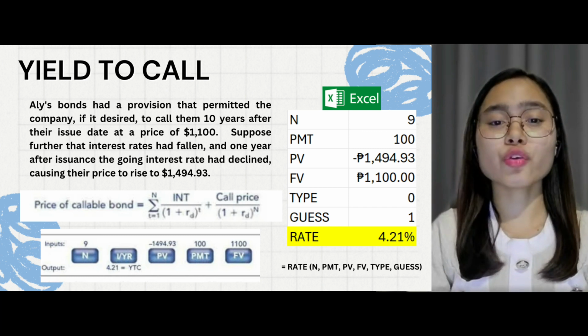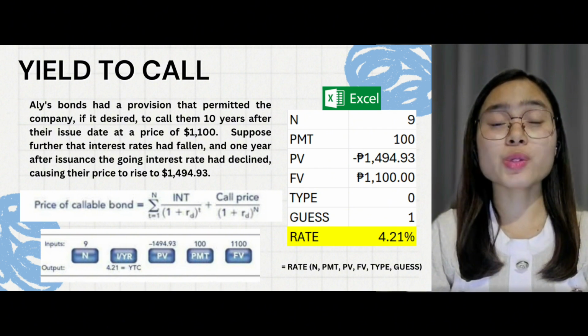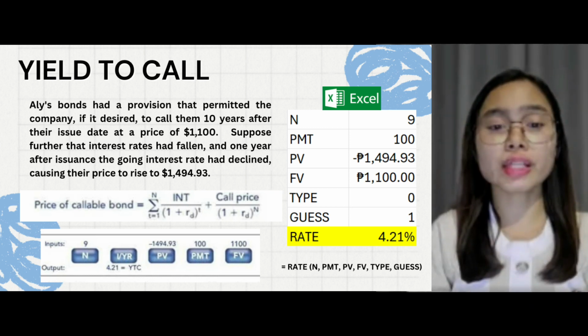And for our PV, or present value, we have $1,494.93,